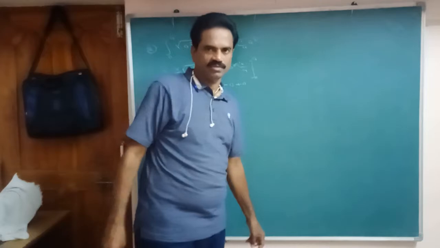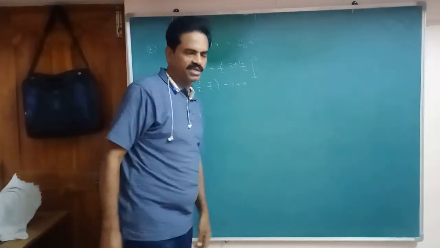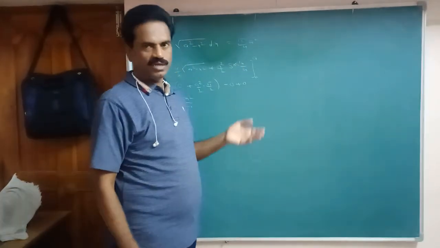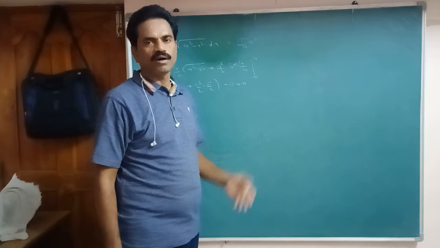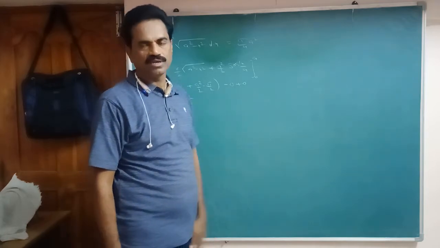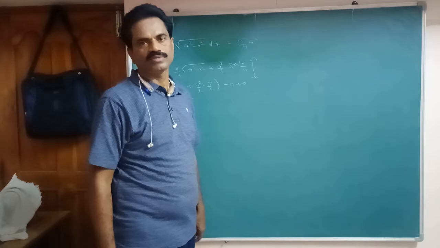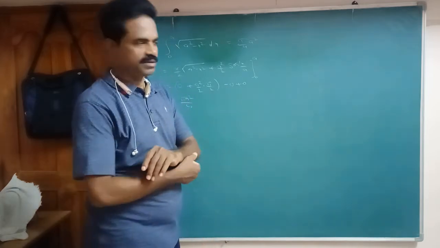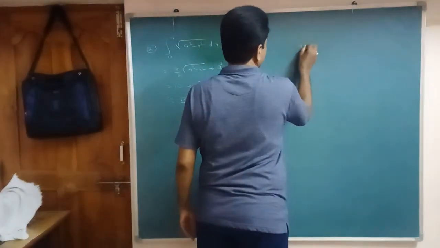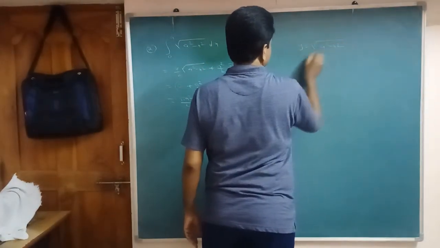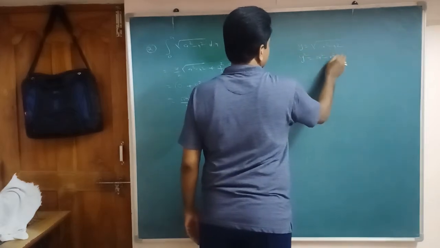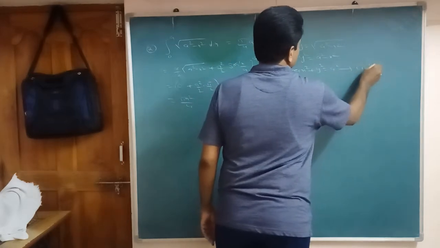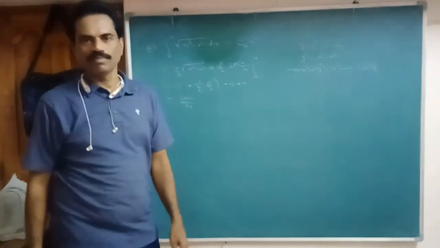Or we can do a geometrical representation. Yesterday we discussed that using definite integration with the ordinates, the x-axis and boundaries, we can find the areas of irregular curves by connecting the geometric parts. For example, y equals root of a square minus x square. Squaring on both sides, x square plus y square equals a square. So it represents a circle with radius a, center 0, 0.